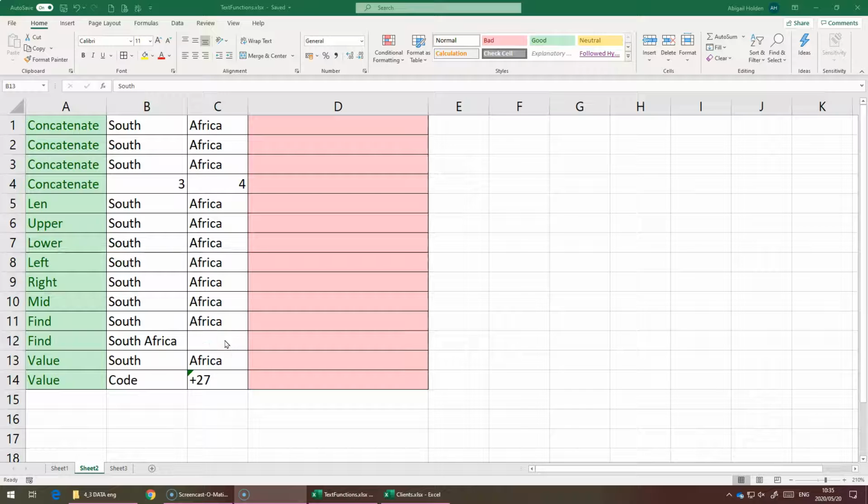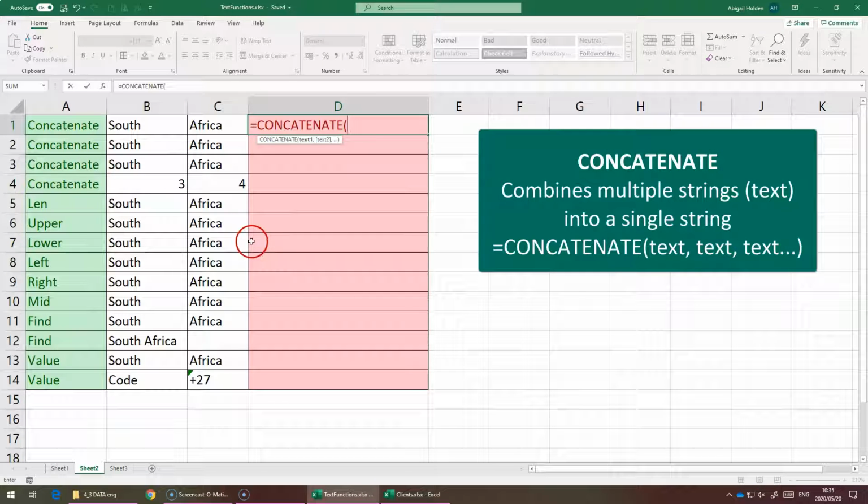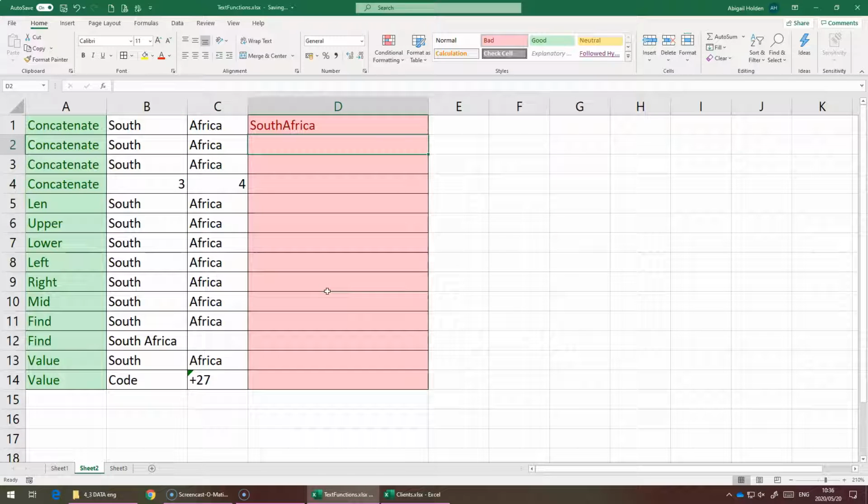In this video, we're going to look at text functions, starting with concatenate, which is a function that joins strings together, with a string just being some text. So if we want to join, for instance, the contents of these two cells, we simply start typing equals concatenate, and you can see it there. It just has text 1, text 2, etc. separated by commas. So you can select B1, comma, B2, and that should give us, in this case, South Africa